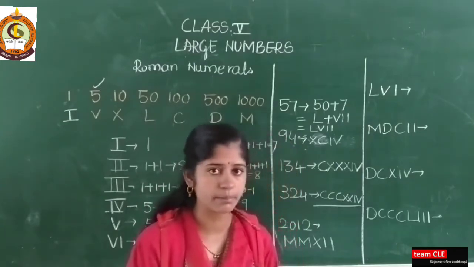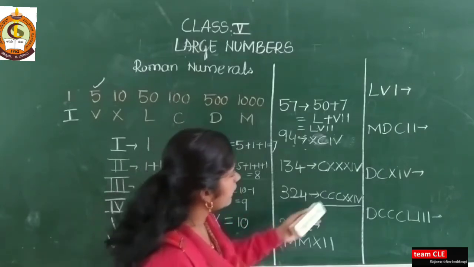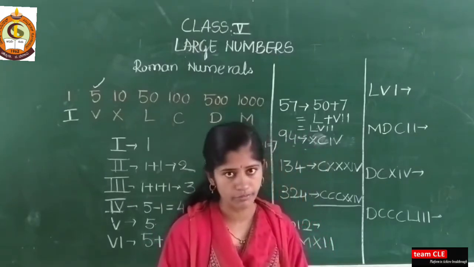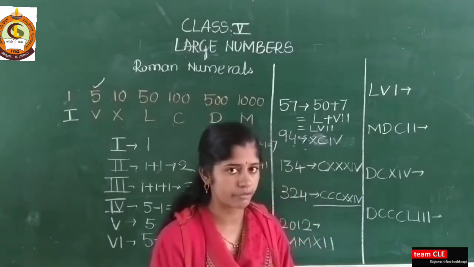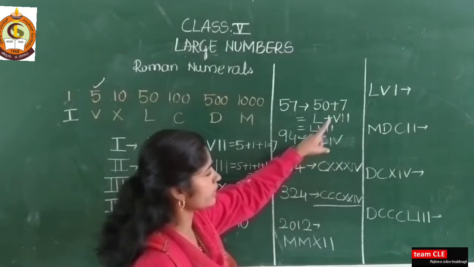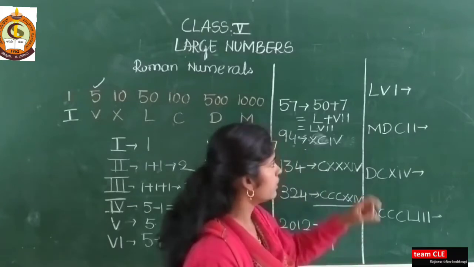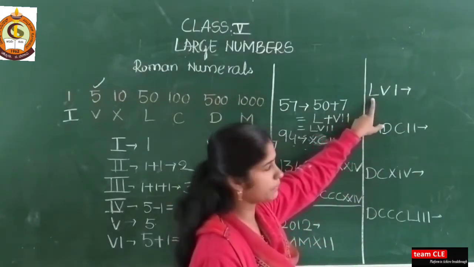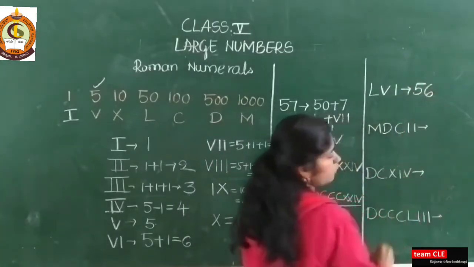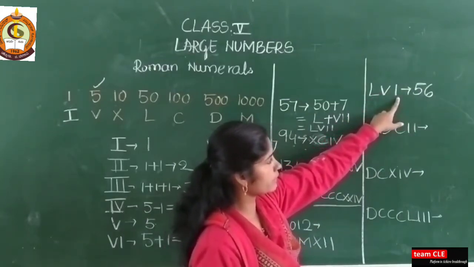See here, most of the examples I have solved from your My Practice Time 7. Here one more topic is there, that is, write the Hindu-Arabic numeral for the following. Here they gave it in Hindu-Arabic numbers and I wrote in Roman numerals. Now they give in Roman numbers and you have to write in Hindu-Arabic numbers. So here LVI is there. L means 50, 55, 56. So write here 56. I hope you are getting my point. L stands for 50, 55, and plus 1 means 56.